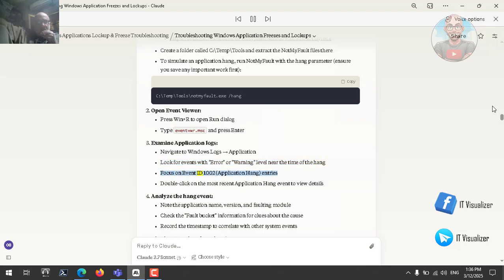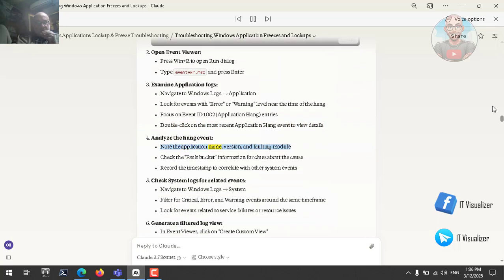Focus on event ID 1002 application hang entries. Double-click on the most recent application hang event to view details. Analyze the hang event. Note the application name, version, and faulting module. Check the